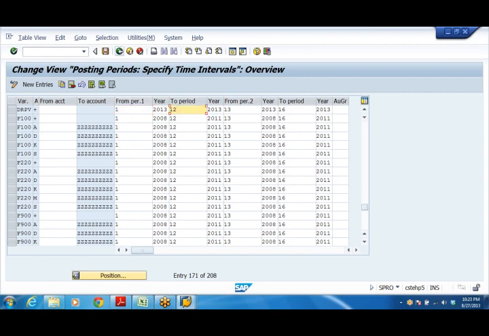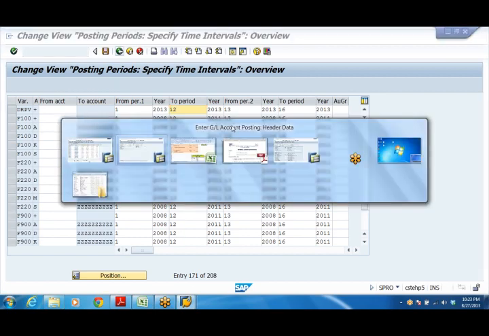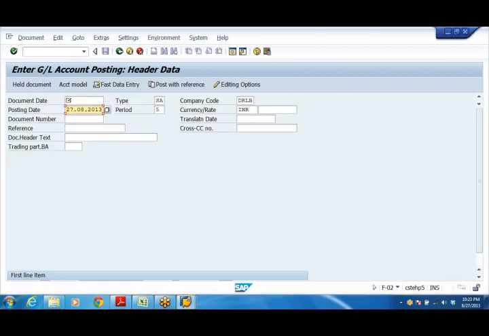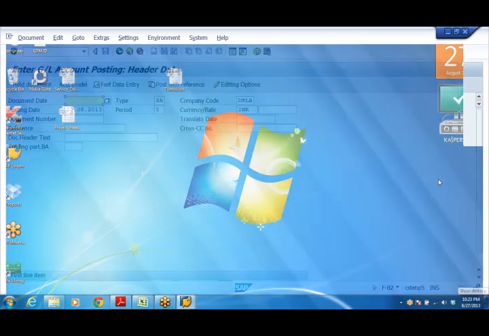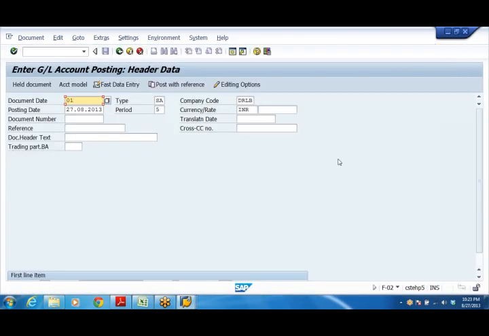Since all periods are open, I can post accounting entry in any month, right? Say now 27th. So we have posted today's date. Now if I want to post an entry on say 01/04/2013.